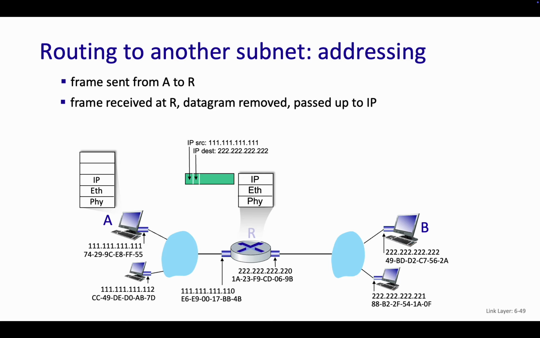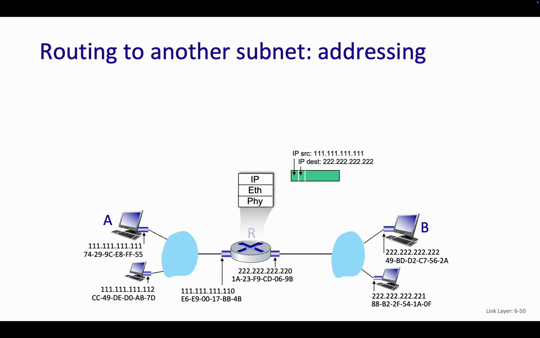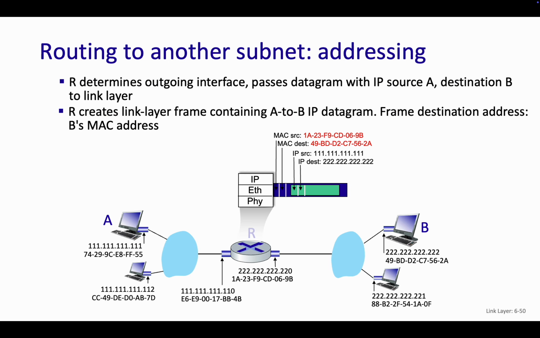And what it will do is create an Ethernet frame. It will put its MAC address as the source MAC address. And now, since they're on the same network, it will put the MAC address of B on there as well. How does it know the MAC address of B? Maybe through ARP. It'd say, I know that this device is on my network, but I don't know its MAC address. So let me do an ARP request to get that MAC address so I can fill it in.